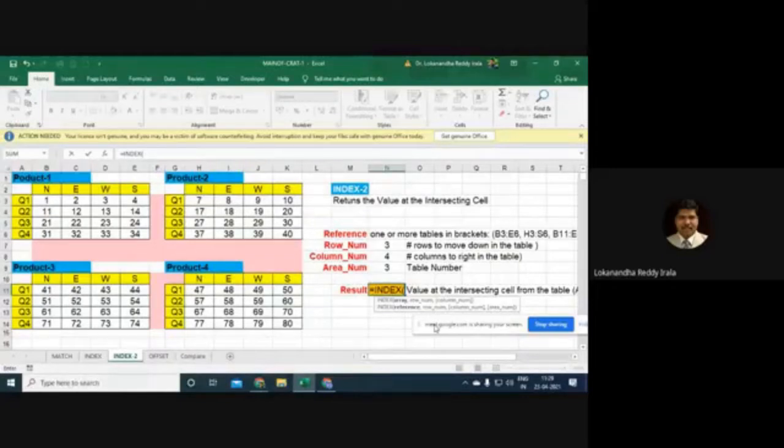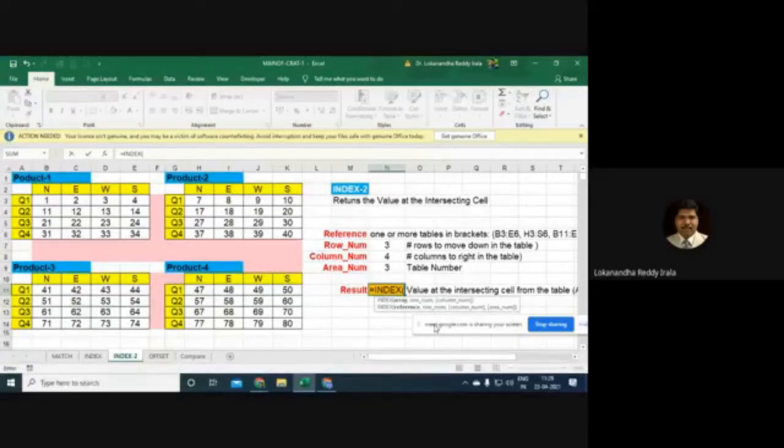In fact, index allows you to work with multiple arrays. That means, let us say here I have four tables: product 1 one table, product 2 one table, product 3 and product 4, each one having one table. This is giving me the quarter-wise and region-wise sales of product 1, product 2, product 3, product 4. Now I really do not know from which table I would be requiring a number at a given point in time.